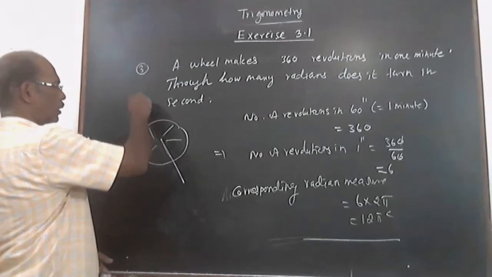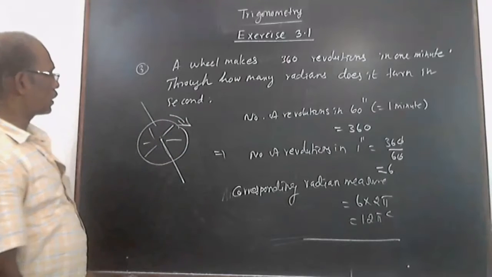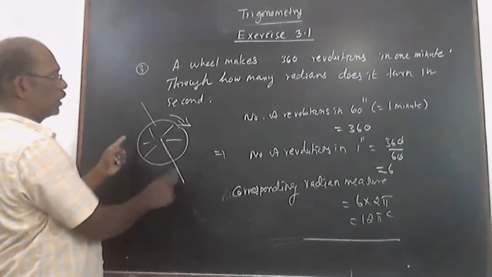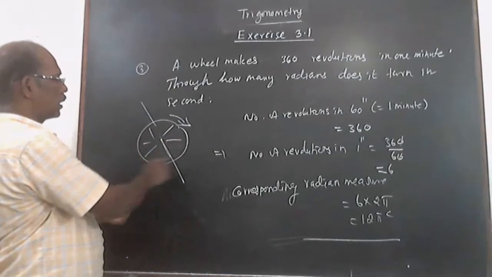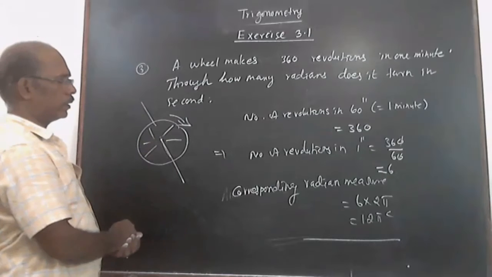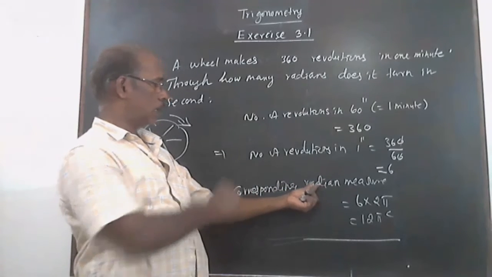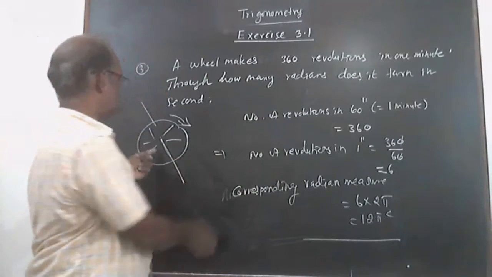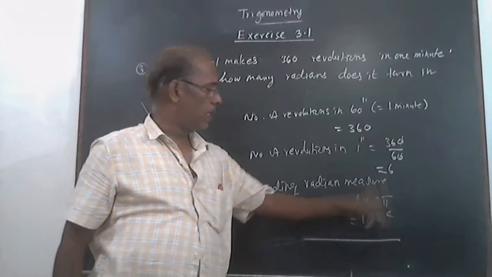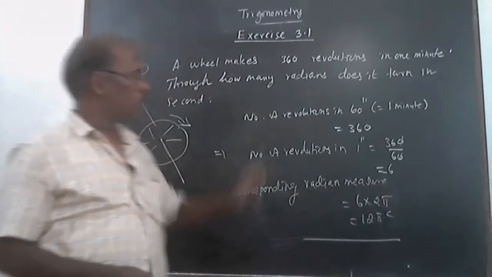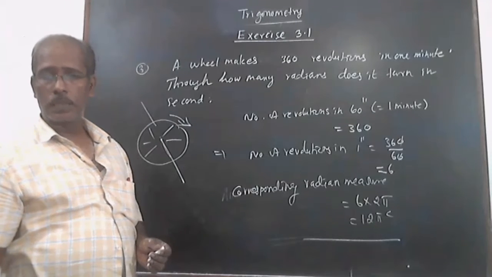This particular wheel revolves around this axis, like in rotational dynamics. Number of revolutions in 1 second is 6 revolutions. Each revolution equals 2 pi radian. So the total radian measure traveled by the wheel about the axis of rotation is 12 pi radian. Just copy it. We'll go to the next question, question number 4, a similar question.